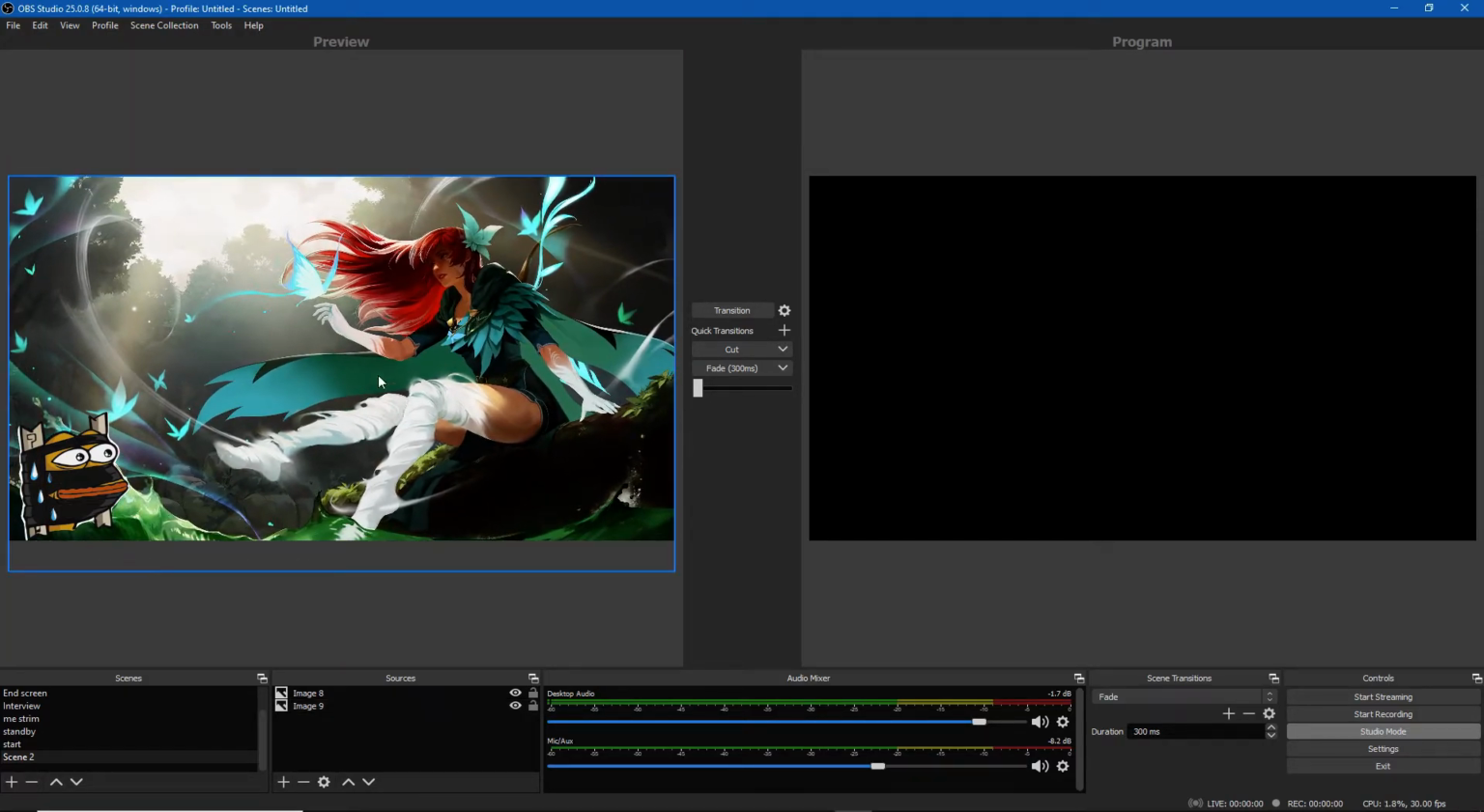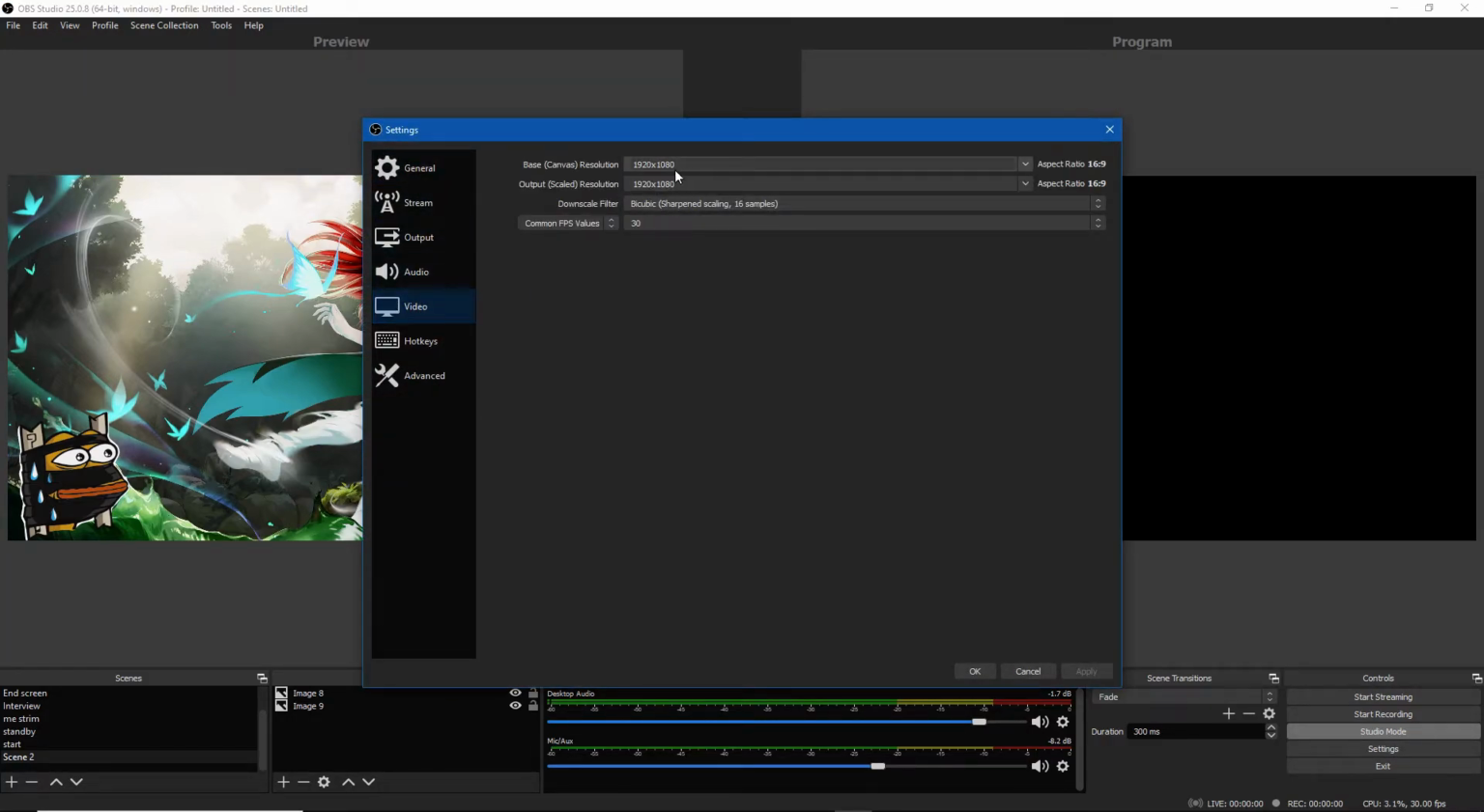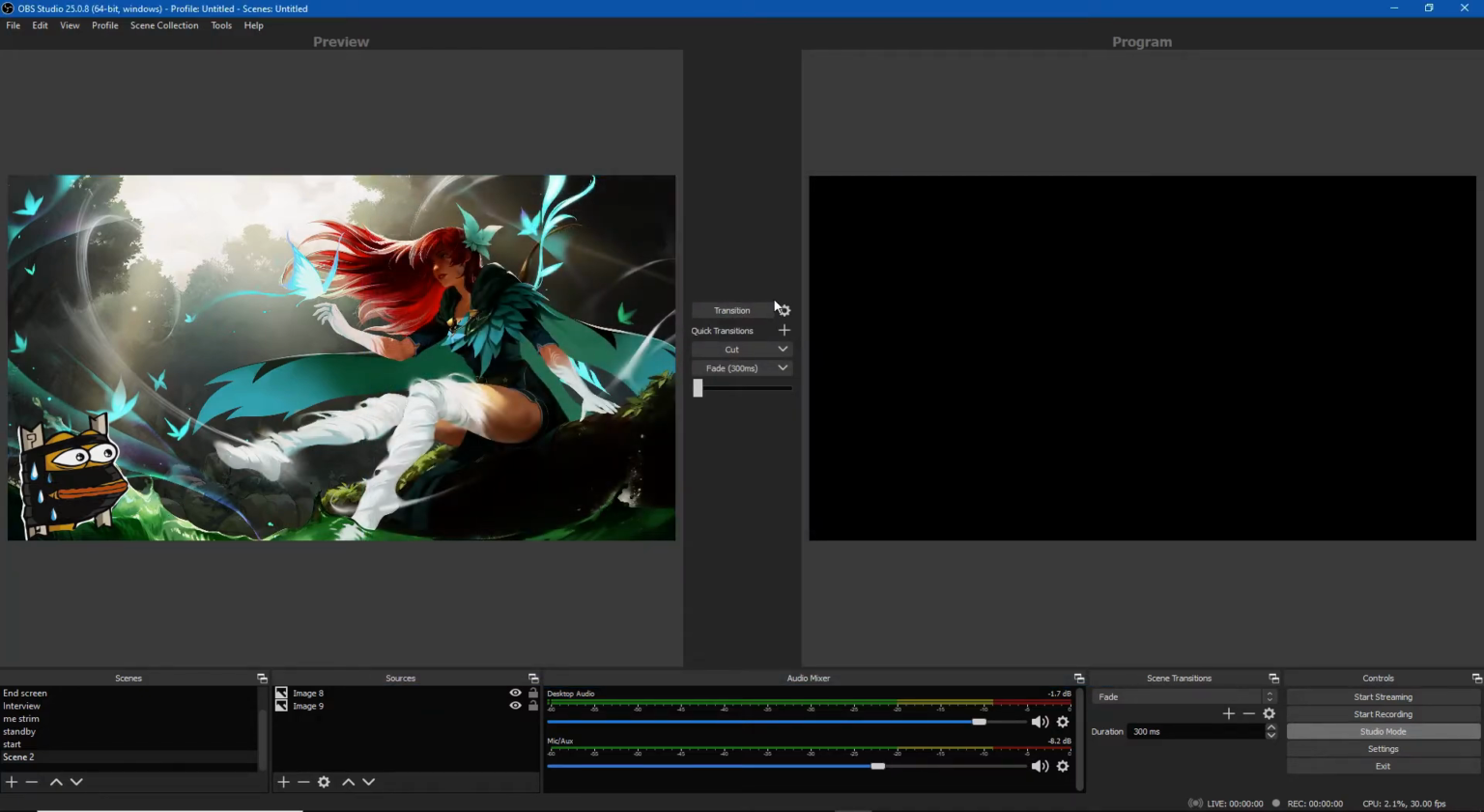And in case you want to change this resolution, just go to Settings, and under Video Output you have this resolution setting over here. You just change it over here and it will directly affect this one. And then this is for the Studio one. If you get the normal one, you will not have this option, but if you get OBS Studio, you will have the option of